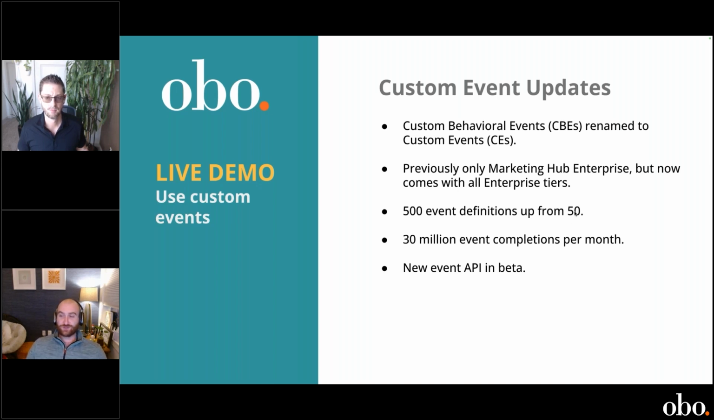You used to only be able to define 50 specific events. You can now do 500. And then you get 30 million event completions per month, which is a ton, obviously. And they have a new API in beta that I've played around with a bit, that is working quite well for a lot of this stuff. So that's kind of the background on these. To show what they look like,